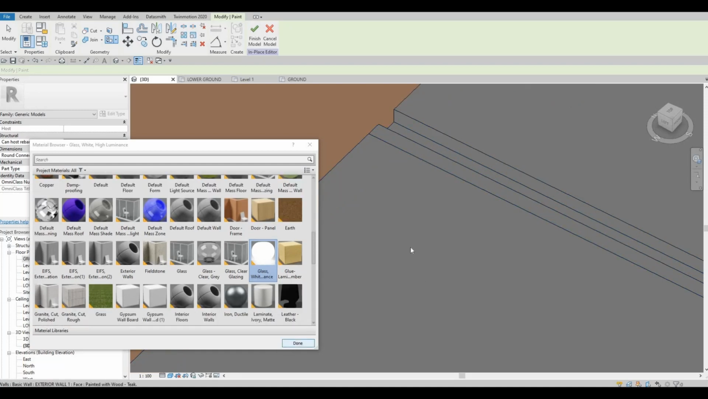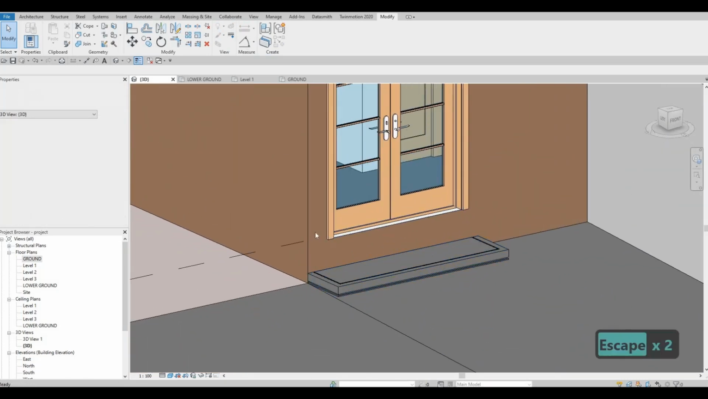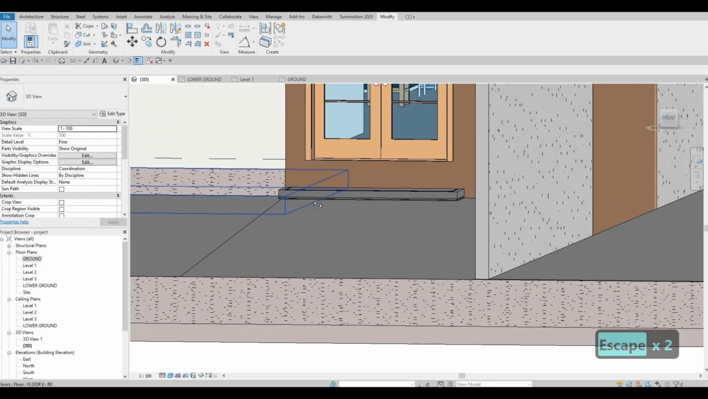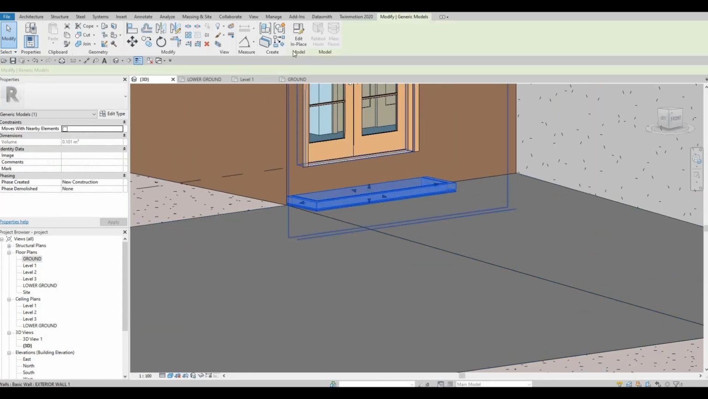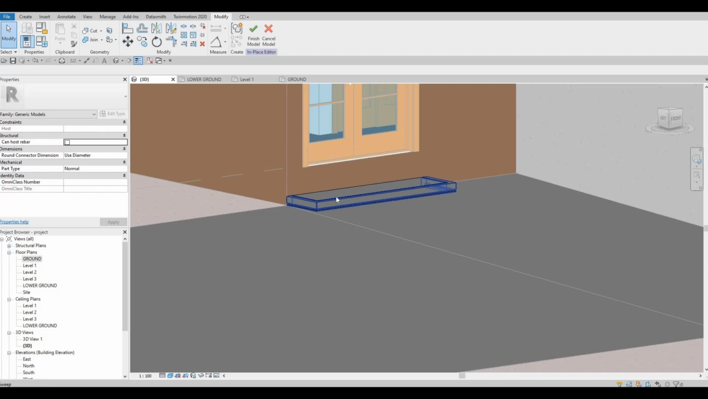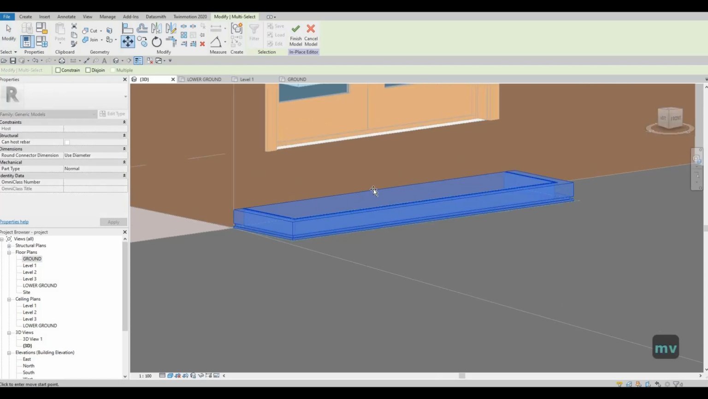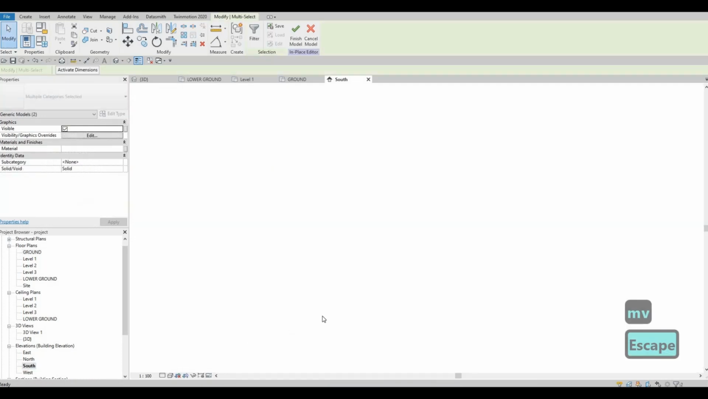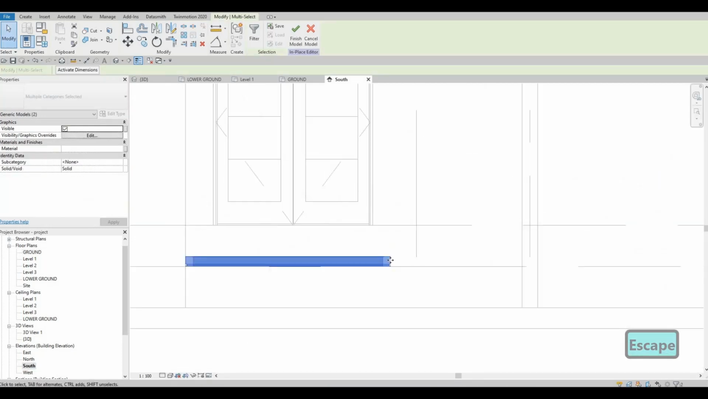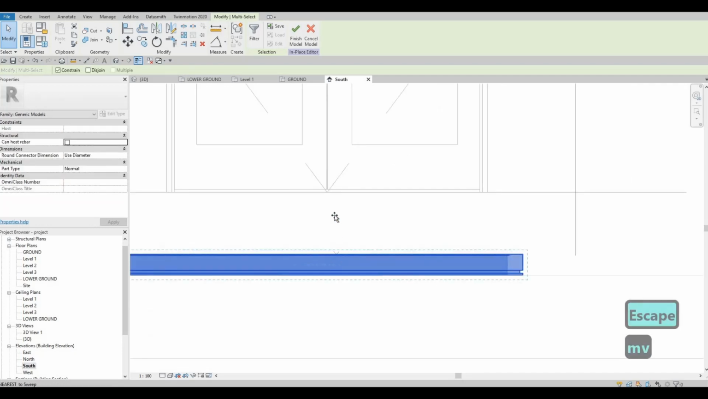And there we go. Click done and done. So now we have this nice looking one. What we could do now, edit, and then we could just select both of them, move it going up. I want to do it on my south elevation so that I can see everything. Move it,